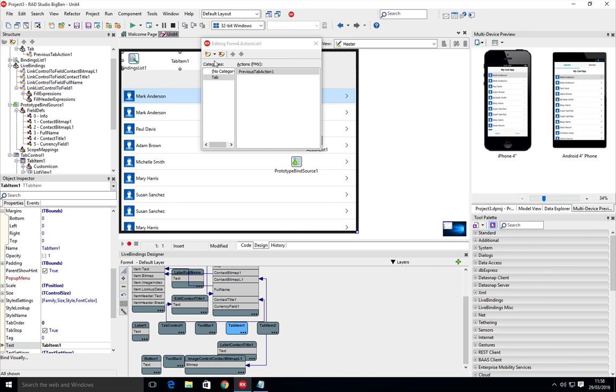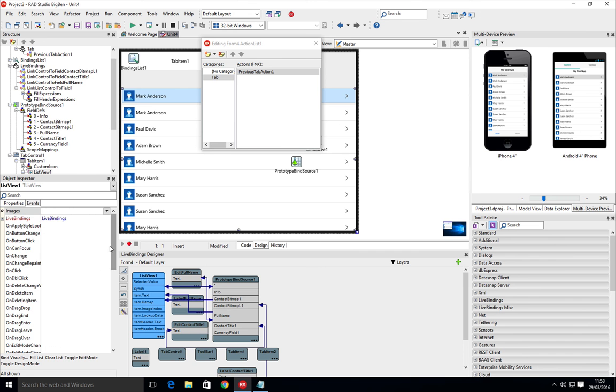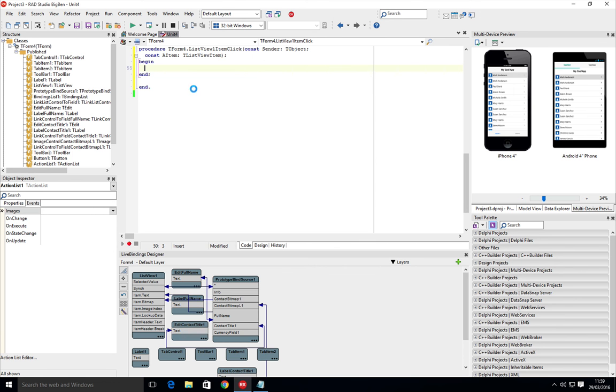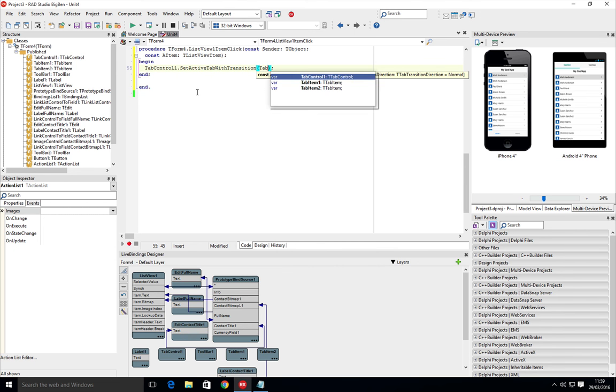On the list view, what I want to do is on item click. So as we click onto a new item, I'm just going to tell the tab control here to set the active tab with transition to be item 2. Now obviously I'll probably name my tabs properly to give me some nice maintainable code, but here I can just say I've got a tab transition. I'm going to have it slide in,